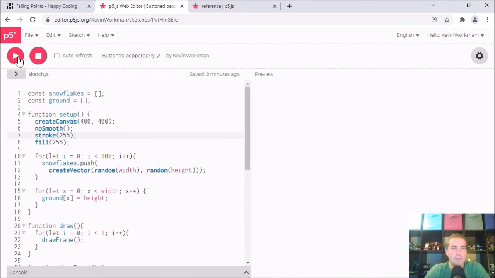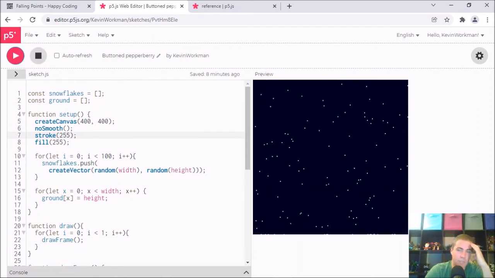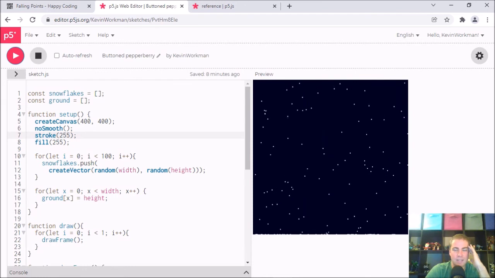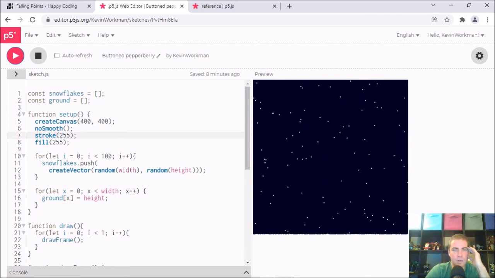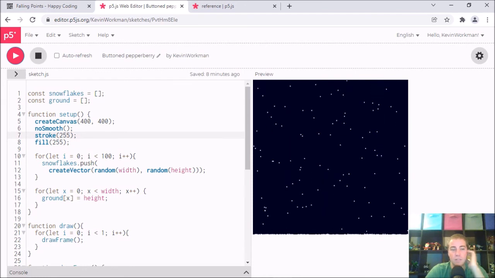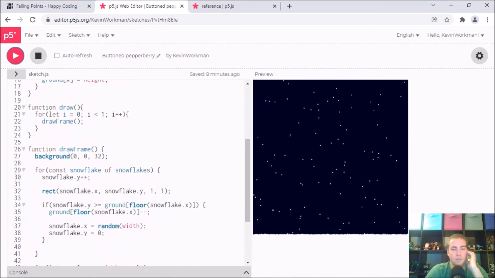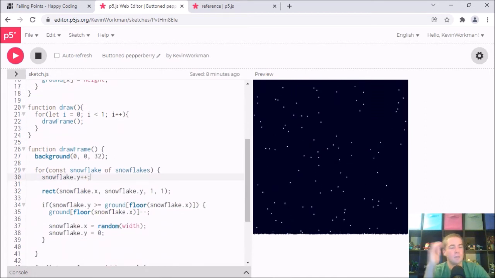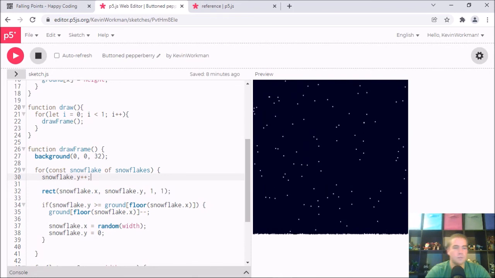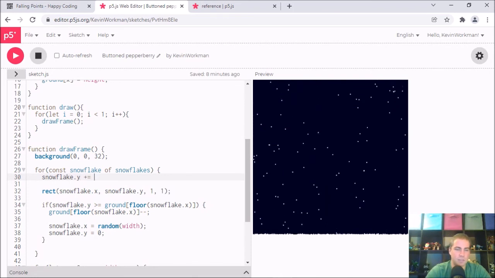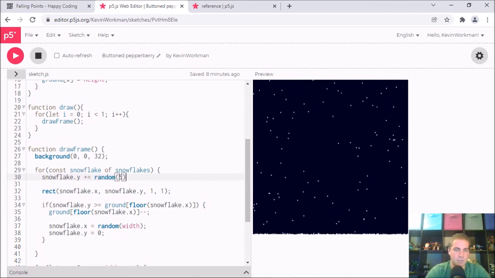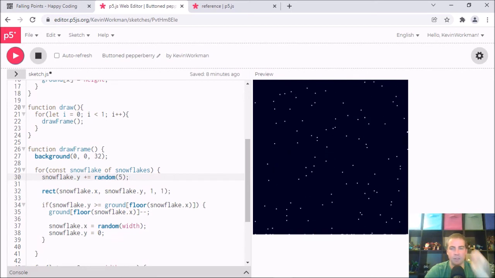All right, so where am I? I think I'm going to close this out soon. I think the only other thing I might want to play with is the idea of moving the snowflakes kind of horizontally. So right now they all fall at the same speed, or maybe different speeds. So maybe I can bring back this value of like plus equals random of, I don't know, 5 or so. So bring this idea back